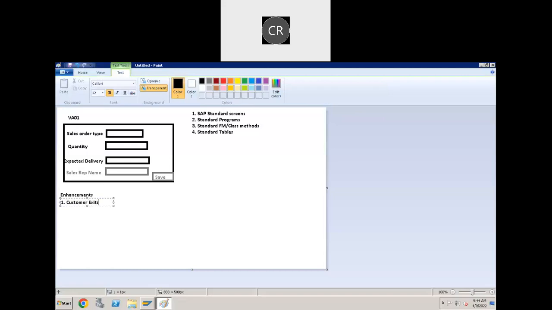Customer exits, user exits, BAdIs, and the enhancement framework. And to enhance the tables,